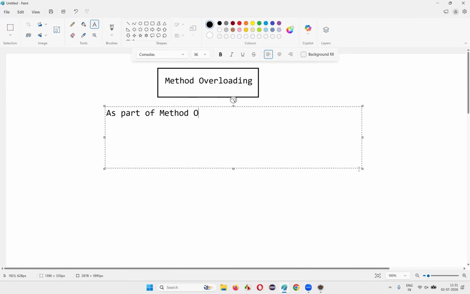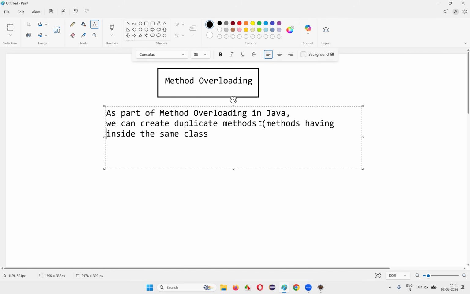As part of method overloading in Java, what is possible? We can create duplicate methods inside the same class. What do I mean by duplicate methods? Methods having the same name are generally called duplicate methods, right? As part of method overloading in Java, we can create duplicate methods, that is, methods having the same name inside